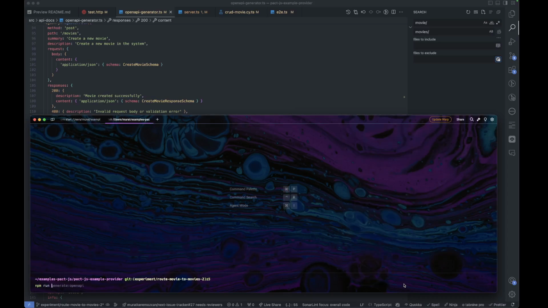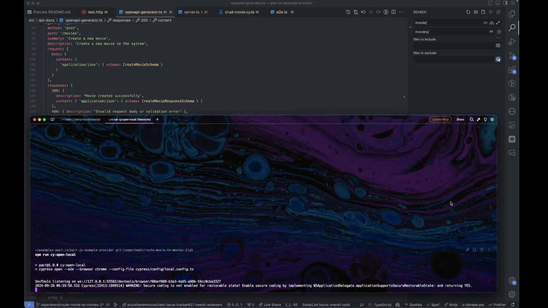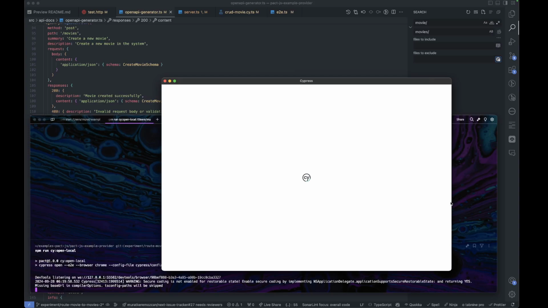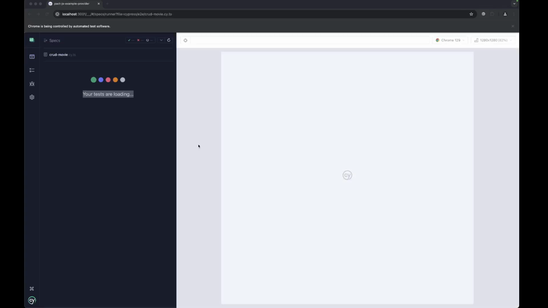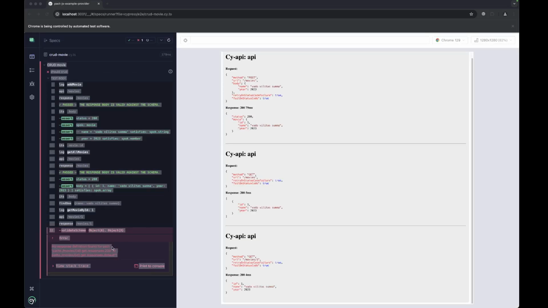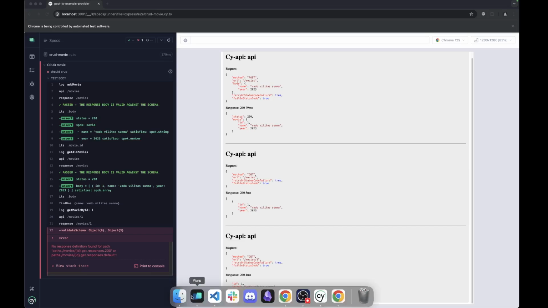Now the Pact tests are not going to work, and we'll show why they're not working also. But right now, the end-to-end tests are fine because we updated them, but the schema test failed, right? So this means you can make any changes you want to your code and your end-to-end test will be fine, but you haven't updated your schema. So this is an indication that you're going to goof things up a little bit.